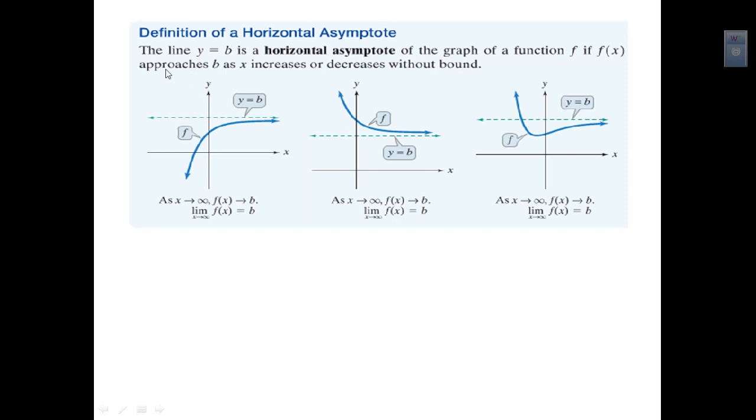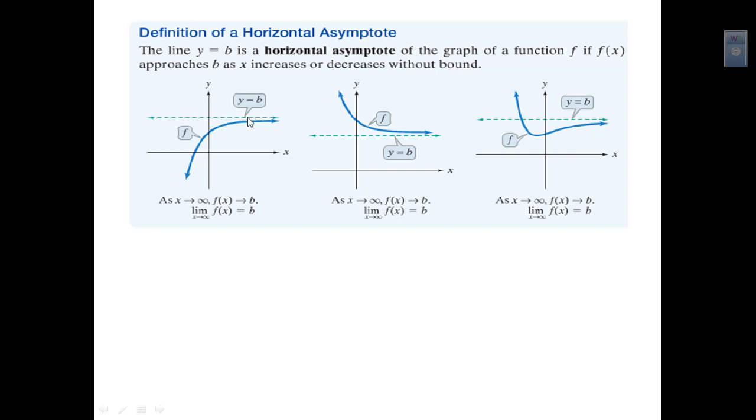And it comes from the definition. Now, the definition of a horizontal asymptote says the line y equals b is a horizontal asymptote of the graph of a function f if f of x approaches b, the y value that we're talking about here, as x increases or decreases without bound. Now what that means is as we go to positive infinity or negative infinity. So as we get further and further away in the x direction, in the positive x direction or the negative x direction, if we have a function that is approaching a certain value for y, that y value is the